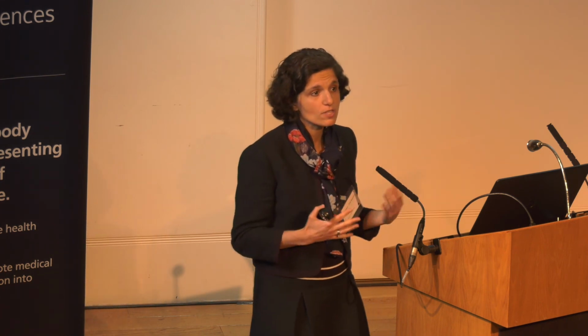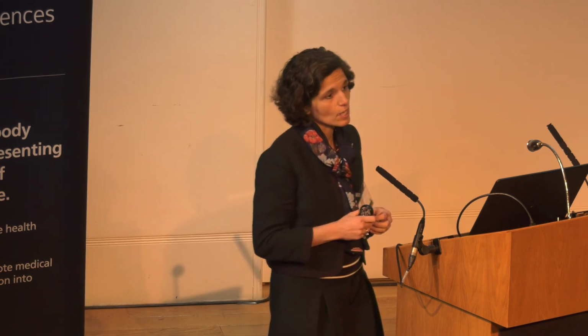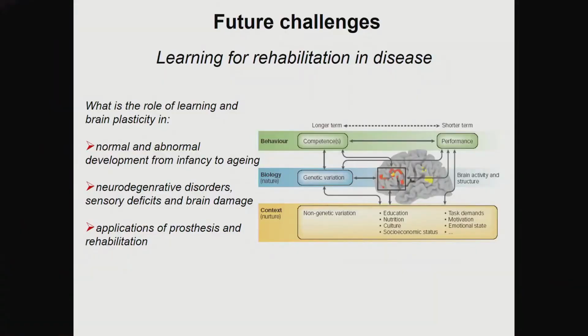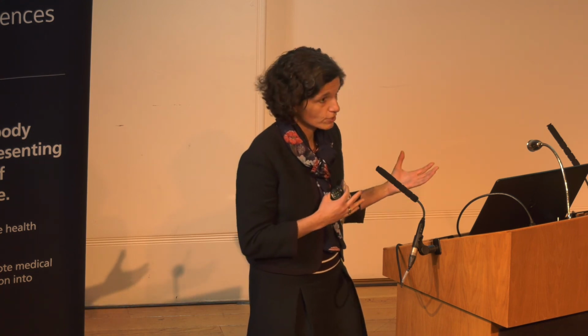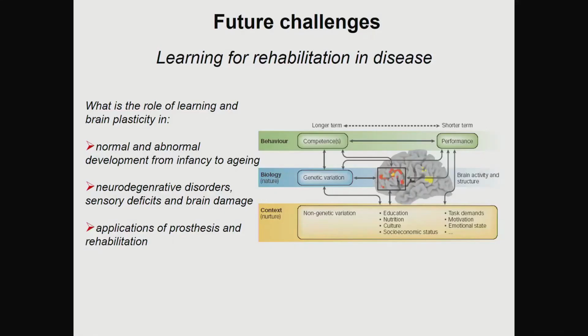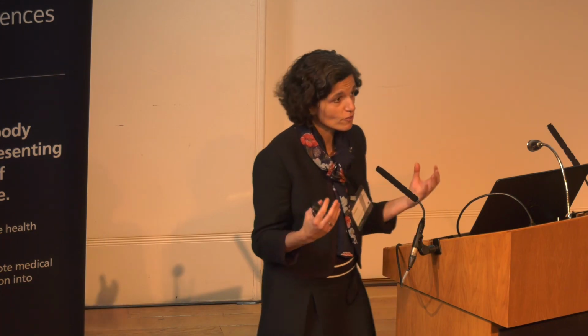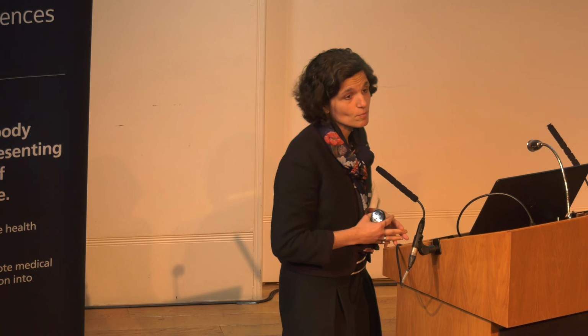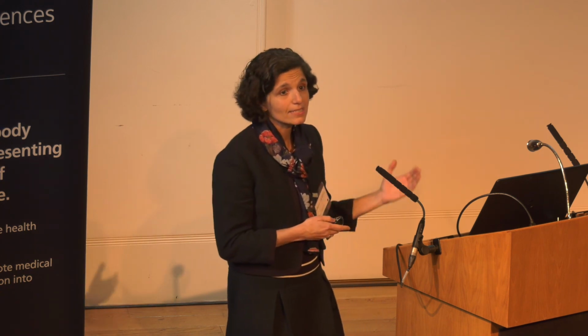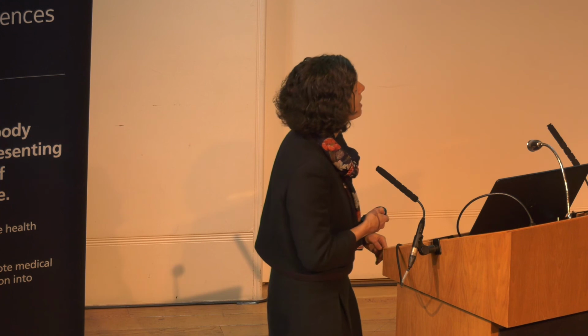I haven't touched on any other predictors that potentially are involved in capacity for brain plasticity and learning in individuals. There are many of these factors that you've heard about in these days, from molecular and cellular factors all the way to environment. And by working now in large neurodevelopmental cohort studies, we have the capacity to really bring together multimodal data from brain imaging, from behavior, from genetics, from all sorts of omics that allow us through advanced computational approaches, for example, in the field of AI and machine learning, to start mining this data, understanding predictors, but also mechanisms of health and disease.